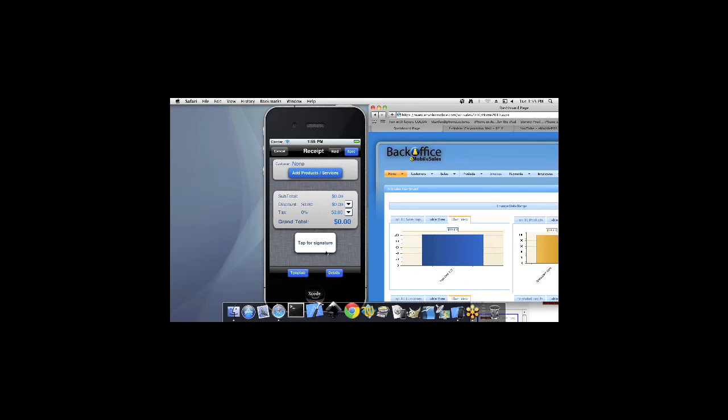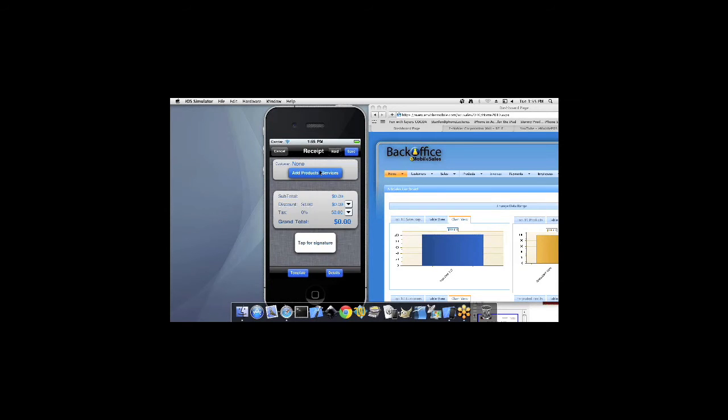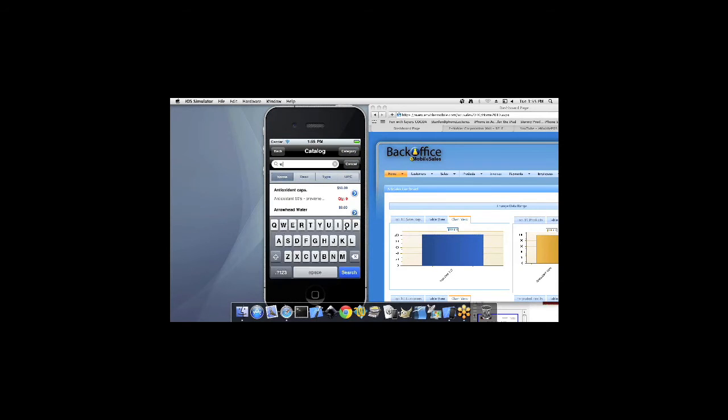Here, let me show you. Yes, so the answer is yes. A photograph can be embedded also on the receipt, but also on the products there are photographs. There are videos and photos on every item.